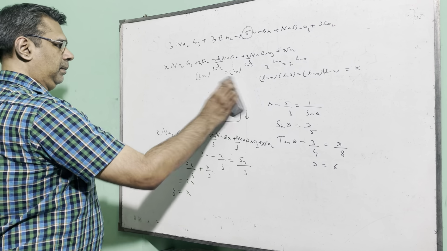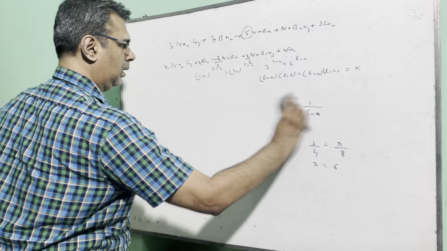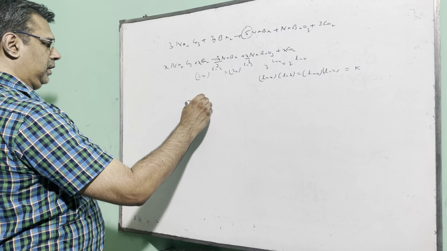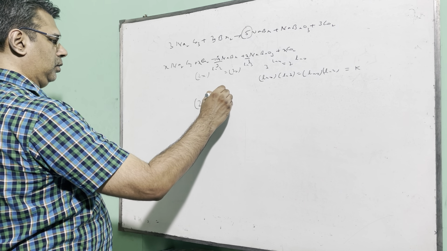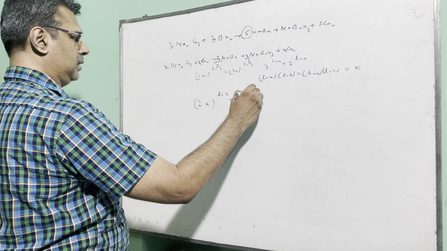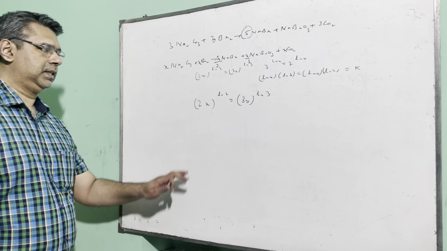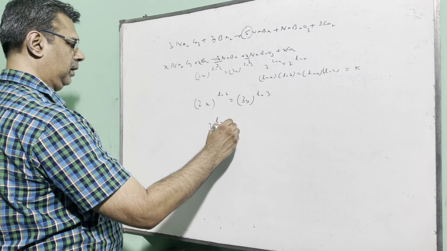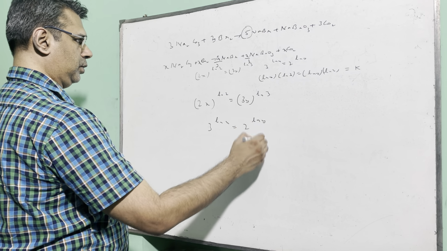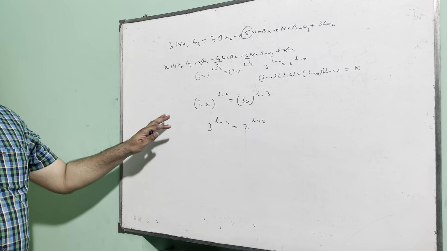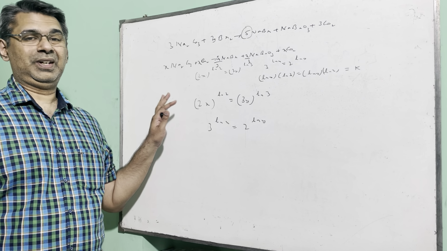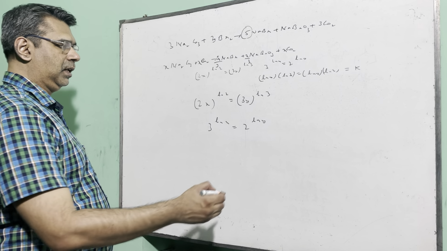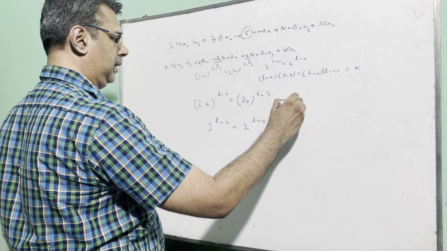Now let's move on to the maths question. The equations which were given: the first equation is 2x to the power ln 2 is equal to 3y to the power ln 3. The second equation is 3 to the power ln x is equal to 2 to the power ln y, and basically you have to solve for x, only x, not y. Now all of you are aware that ln basically is what?